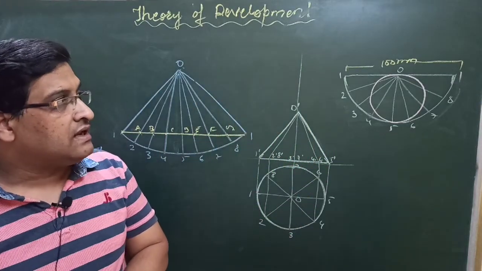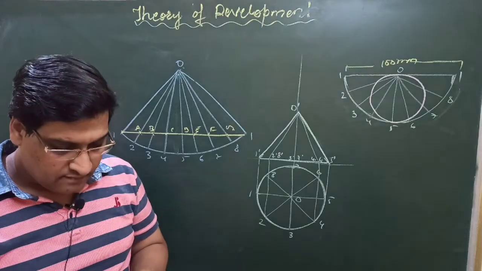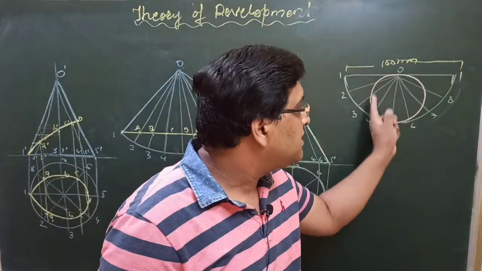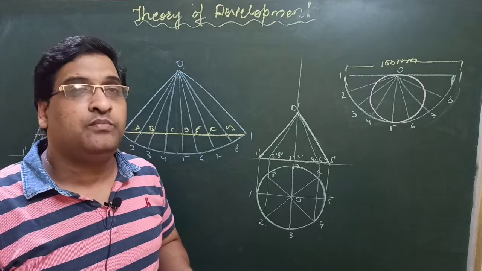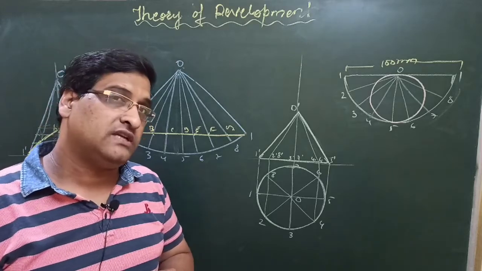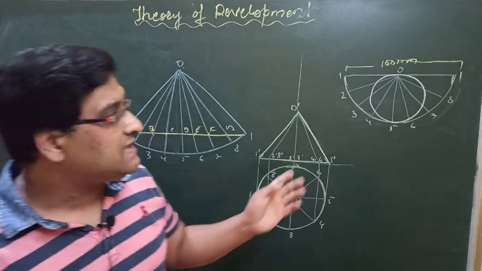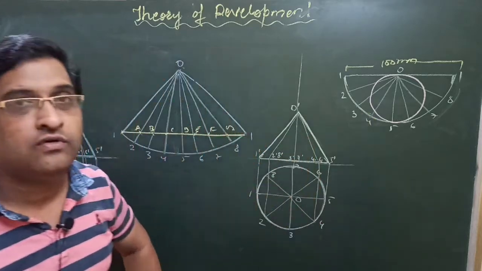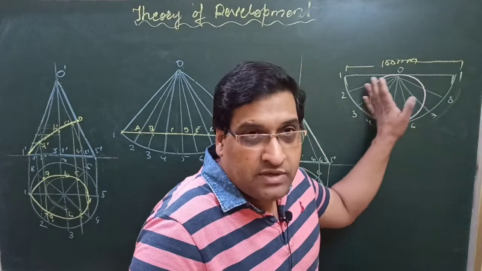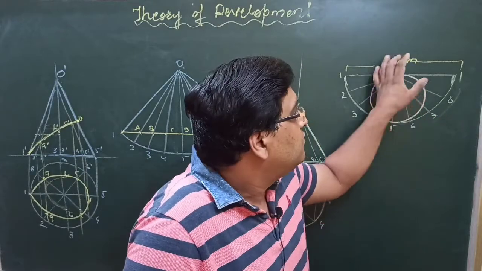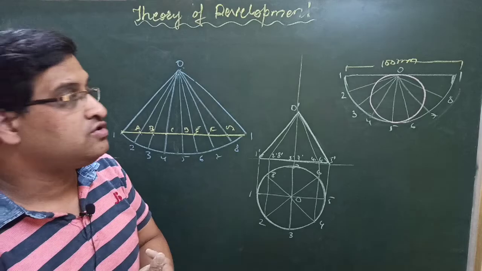In this semicircle, a maximum diameter circle is drawn using ink. This pink color, a maximum diameter circle is drawn in this using ink, and the paper is folded back to its original shape of cone. Show this ink line in the front view and top view of the cone. So what happened? The complete development is a semicircle of 100 mm diameter, and a maximum diameter circle you have to draw.